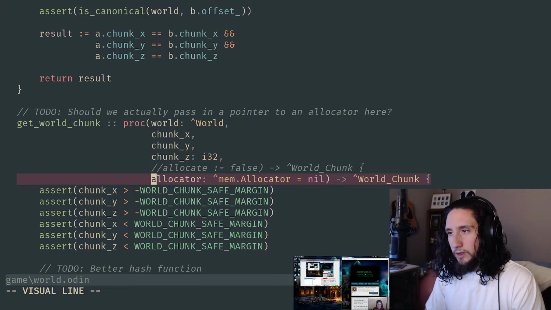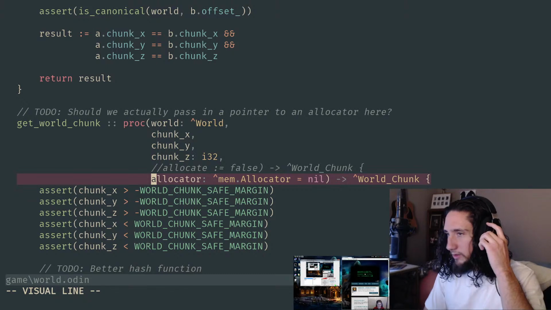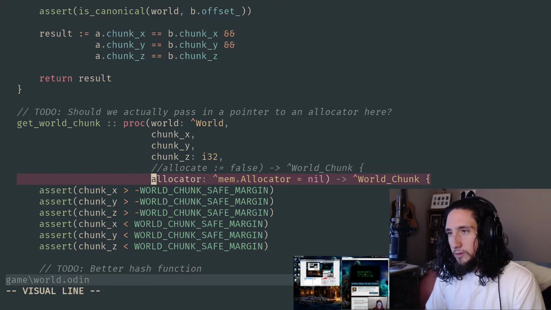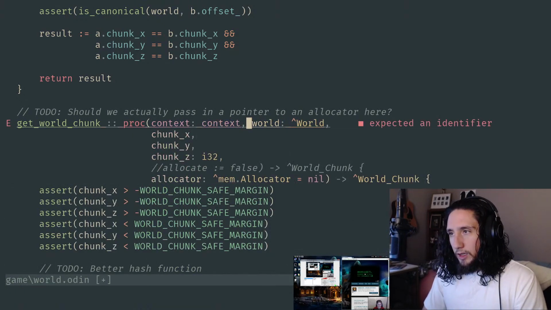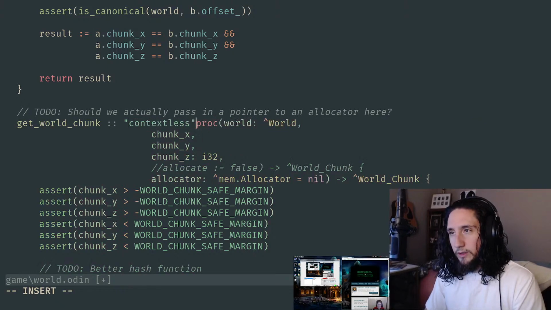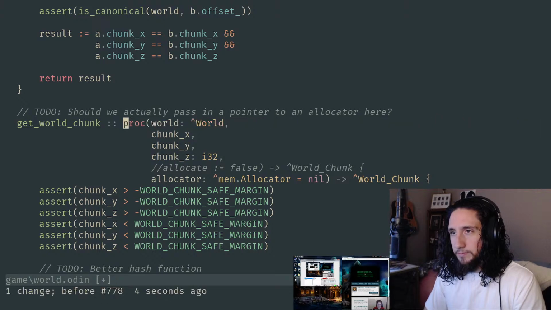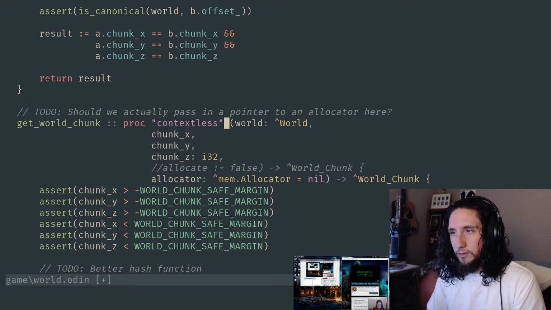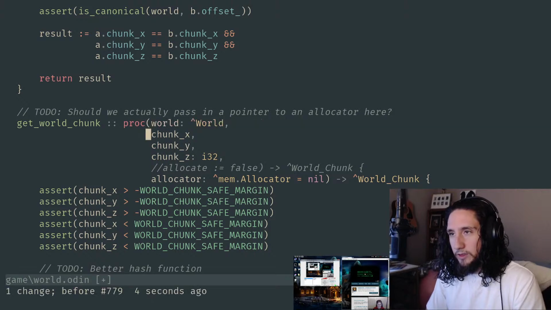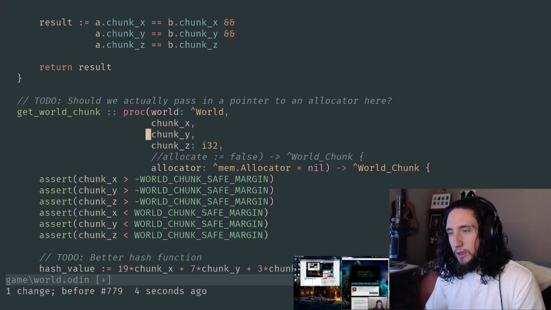The way Casey does it is he actually passes in the arena or not based on whether he wants that call to allocate, but that doesn't really line up quite one-to-one for us because we have an allocator that's off of our context, this sort of Odin notion of passing an implicit context around everywhere inside of every single procedure call. There's some invisible context, right, like this. And you can do it contextless, I think, like this or something like that. But we want it to have a context because we want that allocator that's off of the context, and we want to use it to allocate our world chunks.